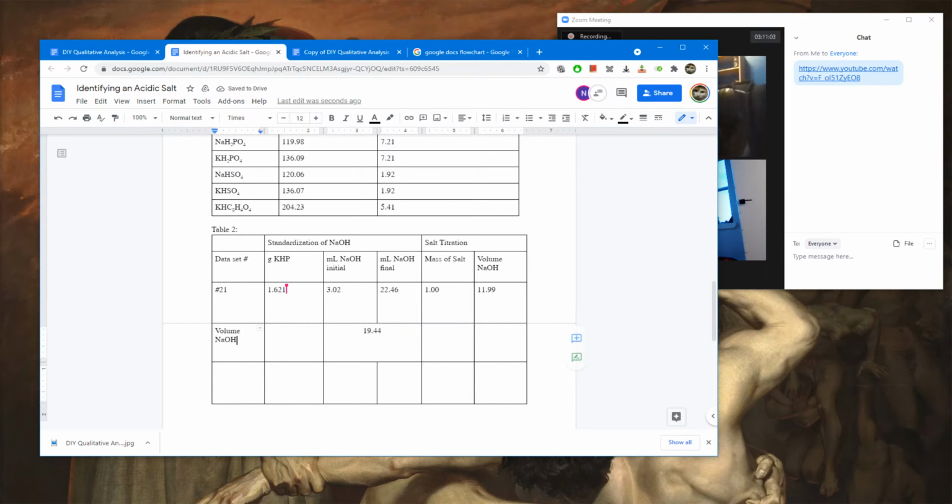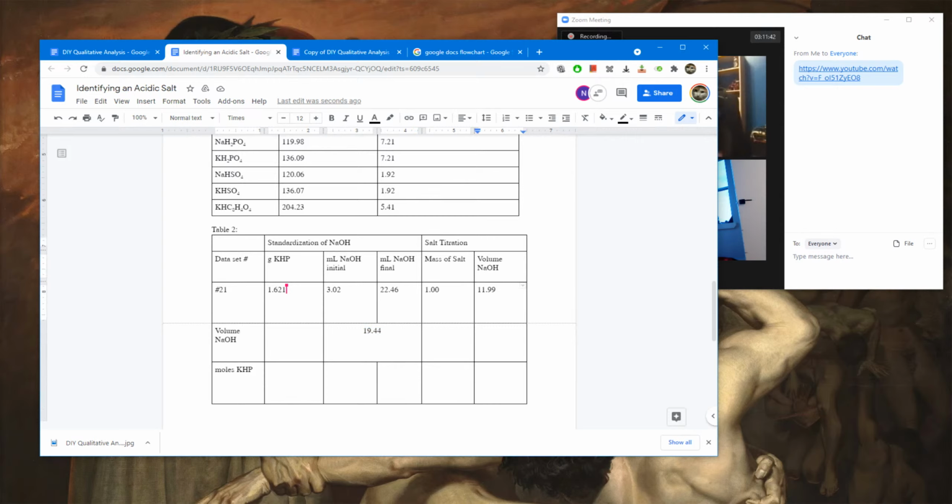Okay, volume of whatever. So then let's see. Moles of that. Okay, so moles of KHP, which is going to be equal to the moles of NaOH. So we have the,